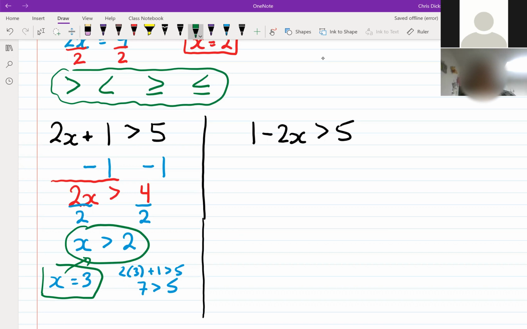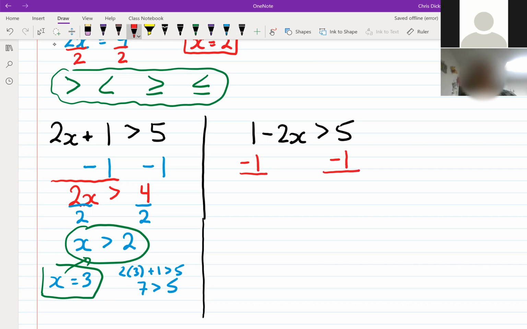So I'm going to do the same approach over here on this side. I'm just going to move something on my screen here. So I'm going to subtract 1 from both sides here. I minus 1, I minus 1. And I'm going to get